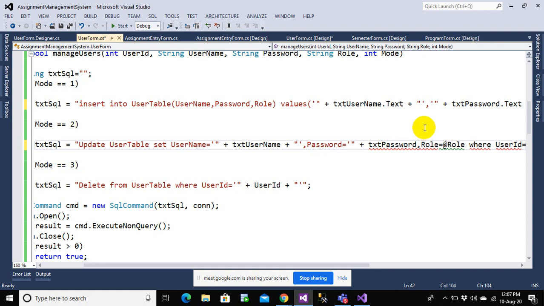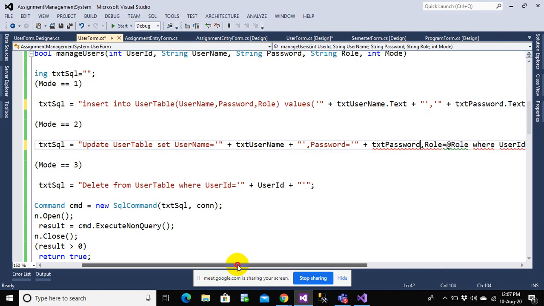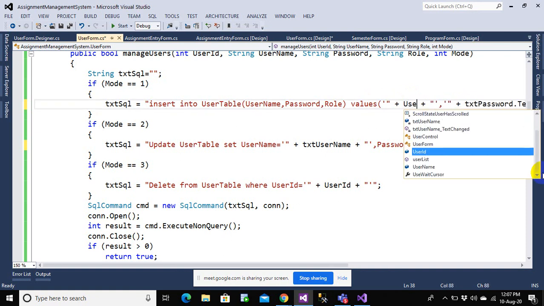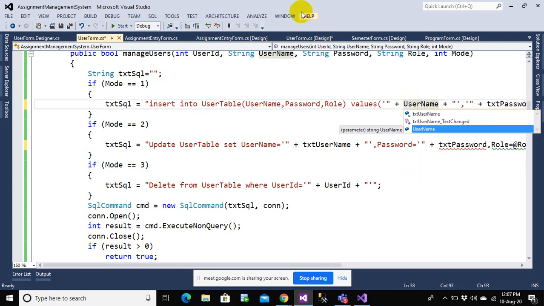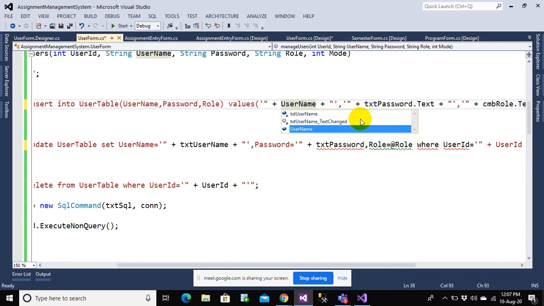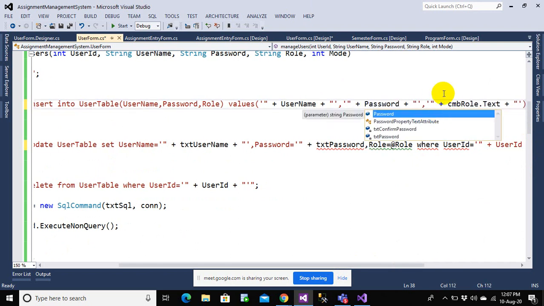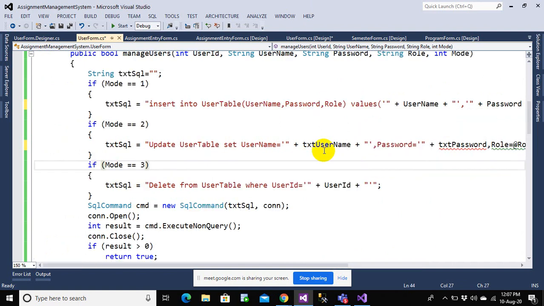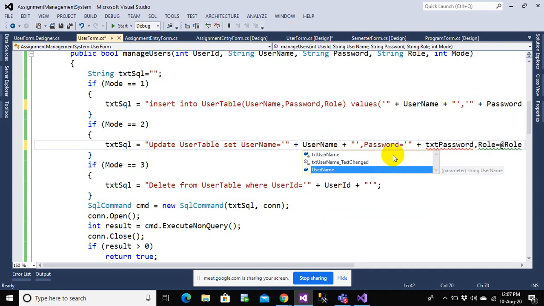Everyone, I think I made a very big mistake here. Actually, this is not what I really wanted to do. This should not be this one. This should have been username, because this has to come from the function. This has to be password, because this has to come from the function, and this has to be role. This is not mapping to the function. This has to be again username. This has to be password.